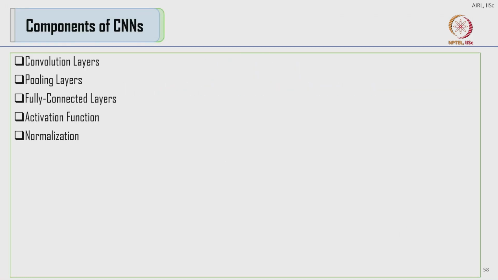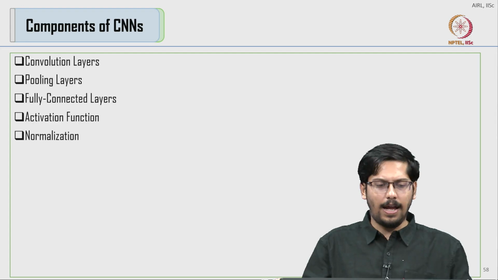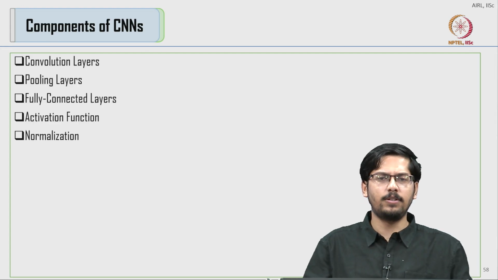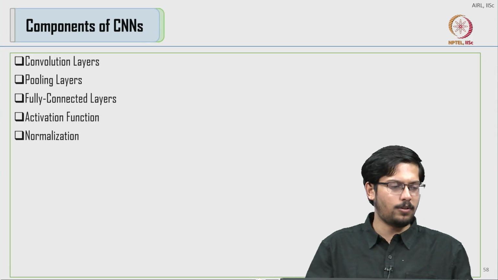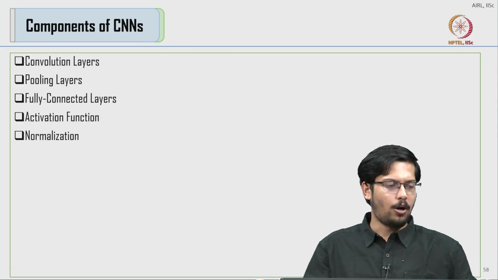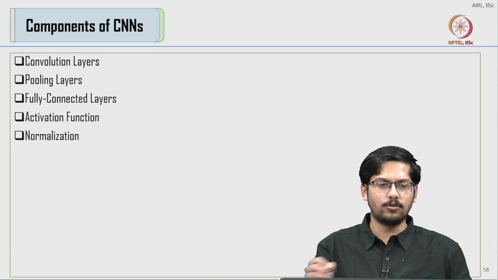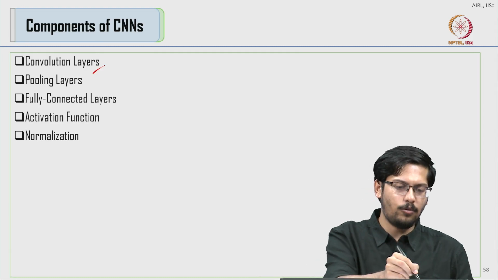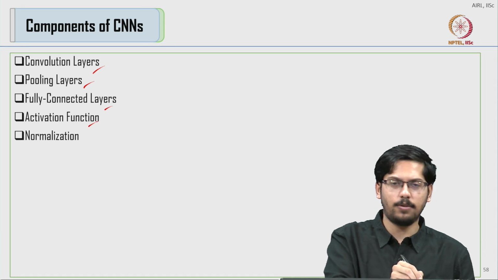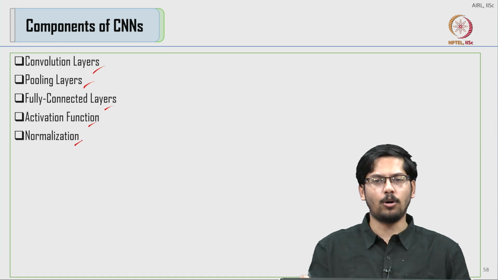Now before we start with different backbones, let's quickly go over some of the components that are used in these CNNs. These are all components that we have reviewed in previous lectures. Essentially, all the building blocks of these CNNs are something we are familiar with. We have gone over convolutional layers, pooling layers, fully connected layers, different types of activation functions